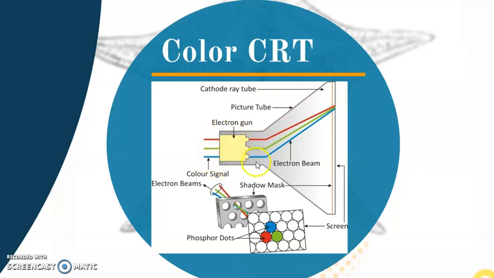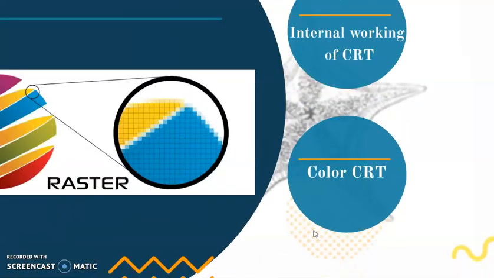The signals emitted from the three electron guns come to a point on the screen. Please have a look at how it comes to a point. These are the three electron beams emitted from the electron guns passing through a single hole. We call this grid a shadow mask. All three electron beams have to pass through a single hole to make a color triad, a color of R, G and B. That's the phosphor dots that we get on the screen. So that is your color CRT.